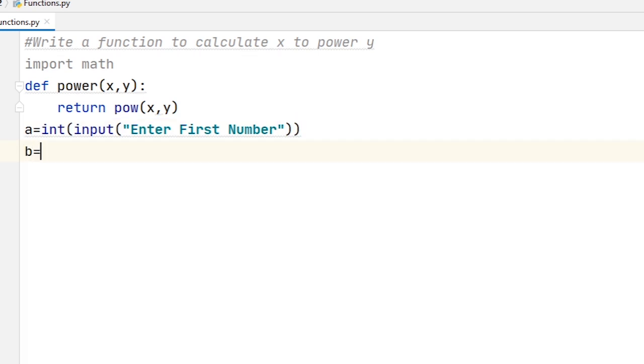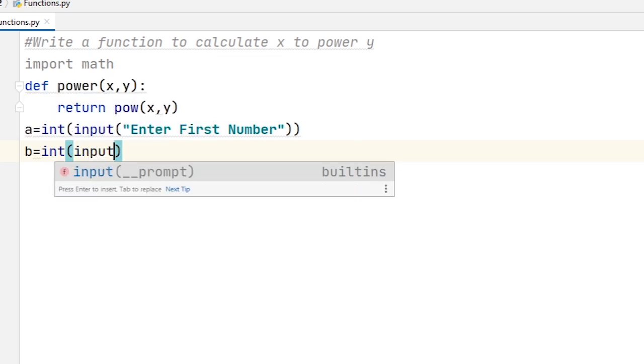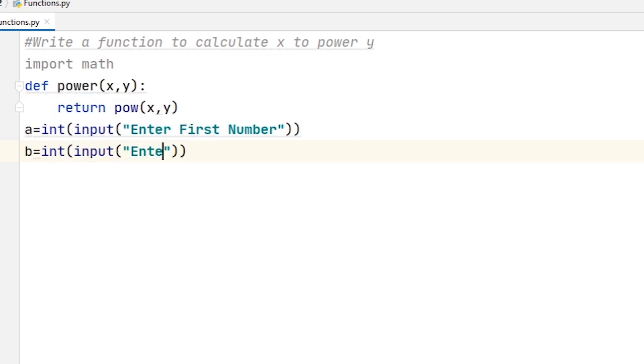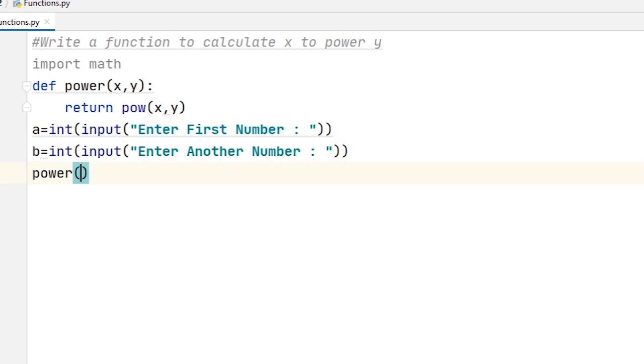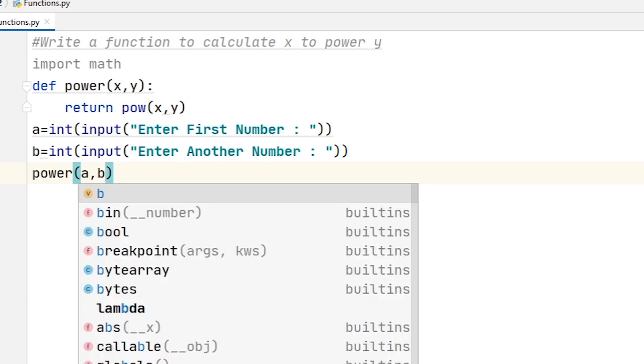Now b is equal to int, enter another number. And then after I just call the power function and pass parameters a and b.